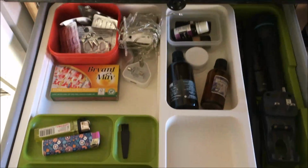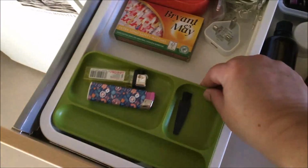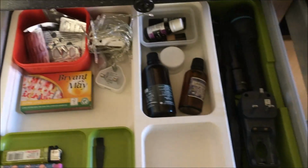Okay, so I think I'm done. Let me show you how it all turned out. Let me know in the comments what you think of it. So this is one of the junk drawers. There's still some space there. This little tray lifts. So it's just got these bits in,